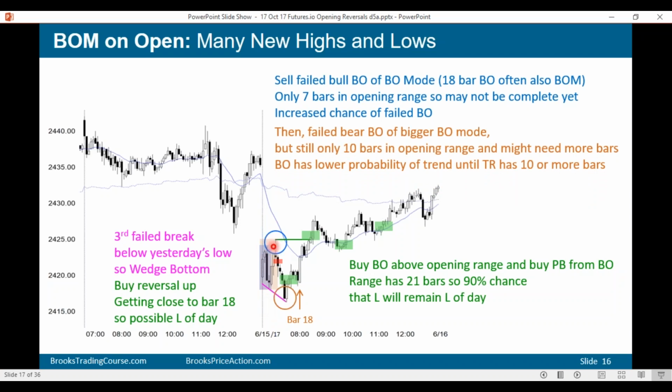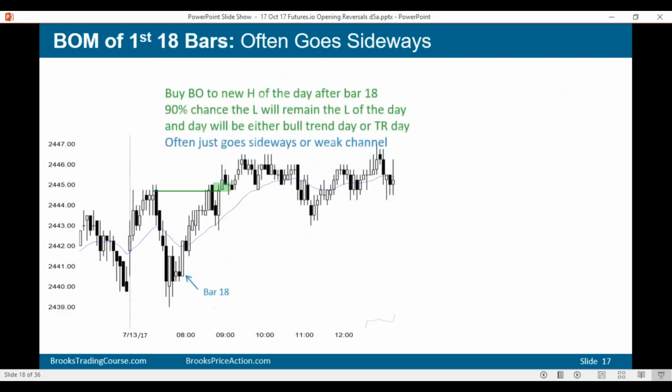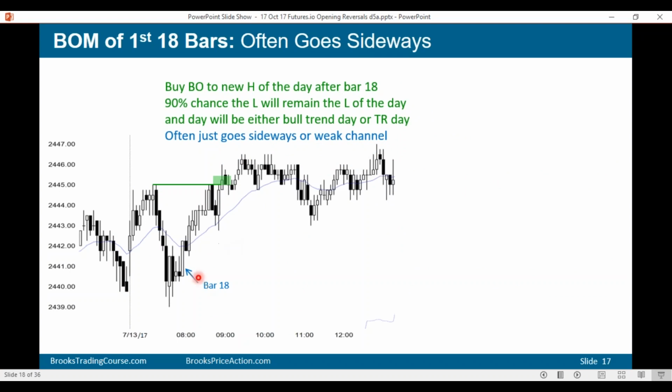$10 range, now traders will start looking for second reversal or breakout mode. All right, so here's bar 18, a lot of trading range trading, sideways, sideways, a lot of prominent tails. The rally is weak. It lacks consecutive big bull trend bars. We have a bull bar, then a bear bar, a bull bar with a tail, and then small bull bars